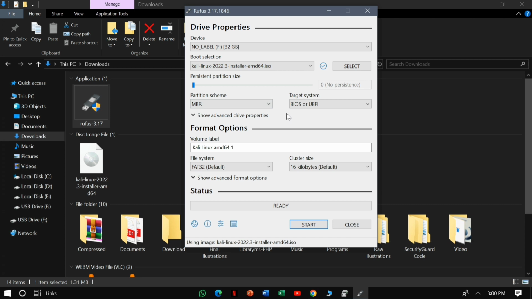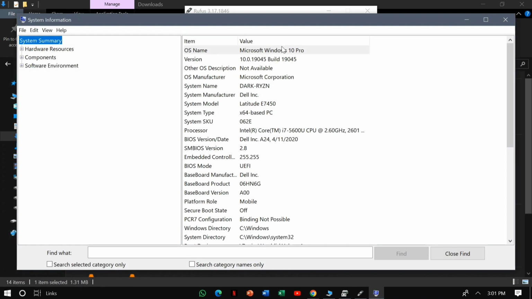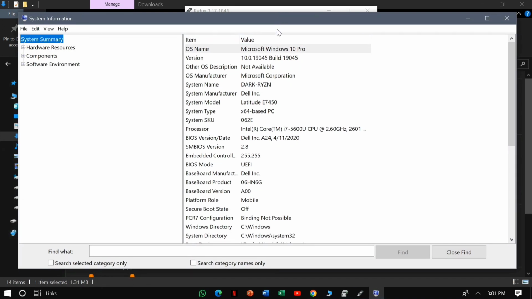In order to check your partition scheme, on the keyboard, press Windows key plus R. It will open this dialog box. Now, in this dialog box, type msinfo32 and click OK. This will open a new window, and in this window, come here and see BIOS mode.